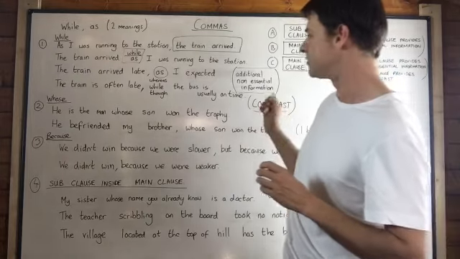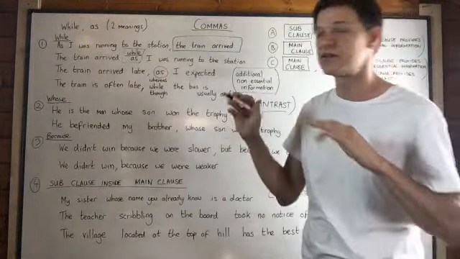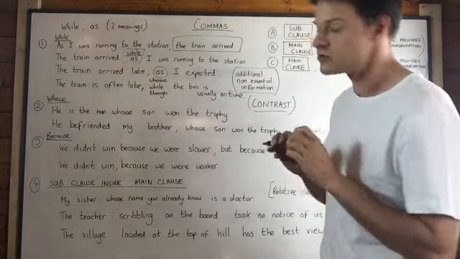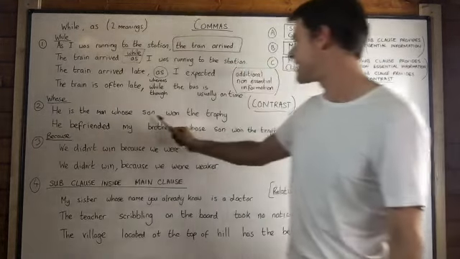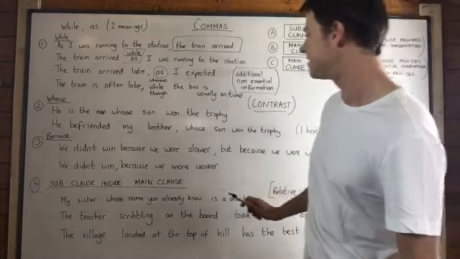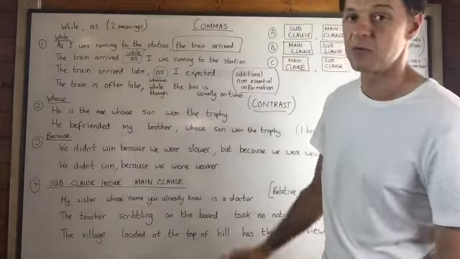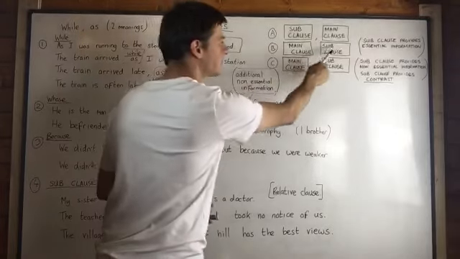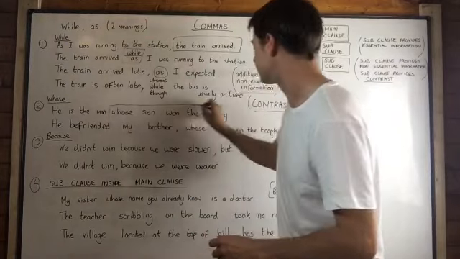Okay, let's have a look then at "whose." Now here we're really looking at relative clauses. If you're unsure about relative clauses, I've got another lesson on relative clauses, and I mention them quite often because they're quite interesting. So have a look at this sentence. He is the man whose son won the trophy. We don't use a comma here, even though this is the main clause and this is the subordinate clause. We still don't use a comma. This is kind of part B here, main clause plus subordinate clause with no comma. And I hope you can see that this is essential information.